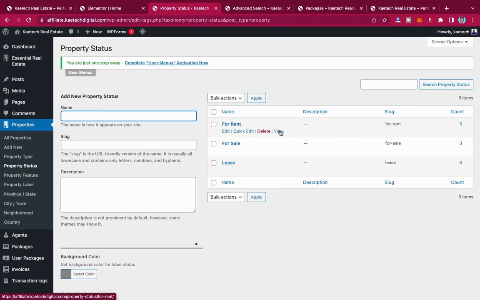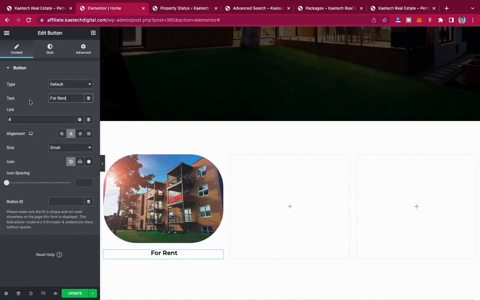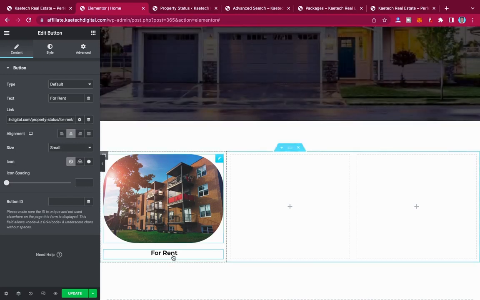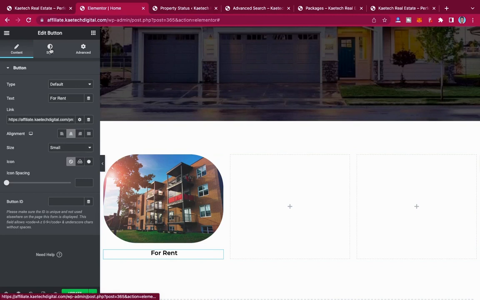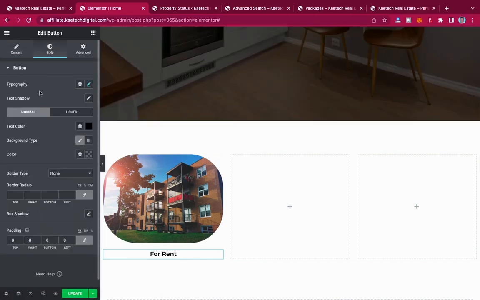Okay, so right click over here and then copy the link address, then come to your home and set up the link over here. Okay, now that you have this one for rent, I feel like this one is too small. I want to make it a little bigger, so let me go to style over here and then go to